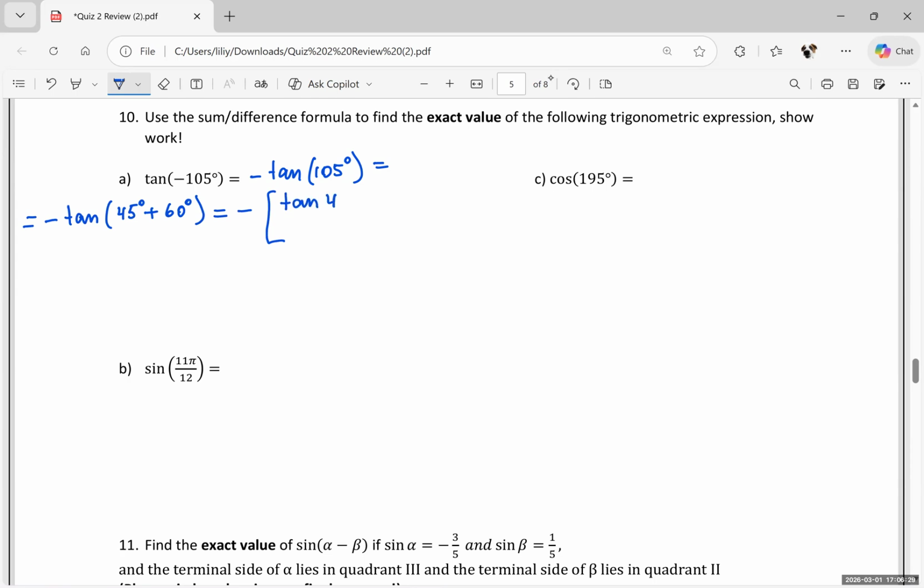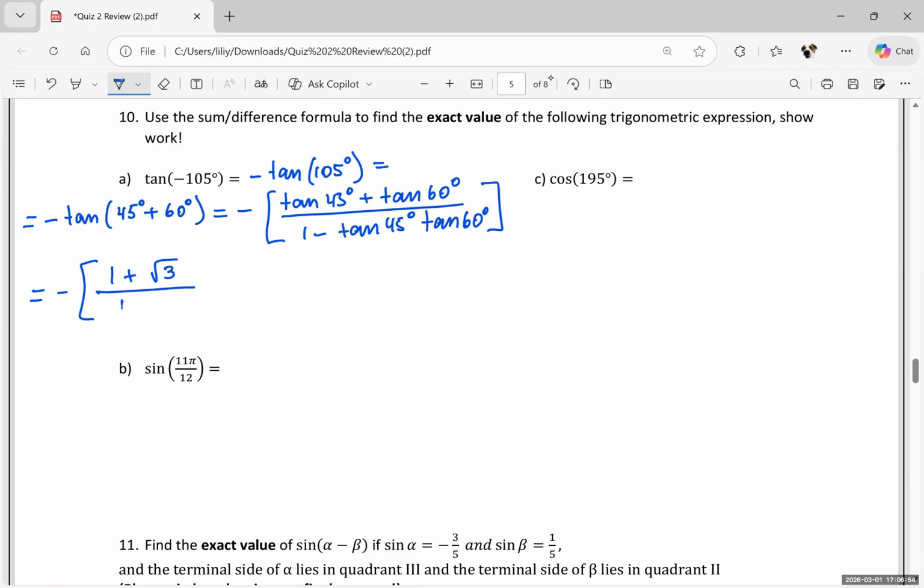This is tangent of 45 degrees plus tangent of 60 degrees divided by 1 minus tangent of 45 degrees times tangent of 60 degrees. Okay, there's still that negative sign. Tangent of 45 is 1. Tangent of 60 is square root of 3 divided by 1. Ooh, no, it's not plus, that's minus. Minus tangent of 45 degrees is 1, and then it's multiplied by tangent of 60, which is the square root